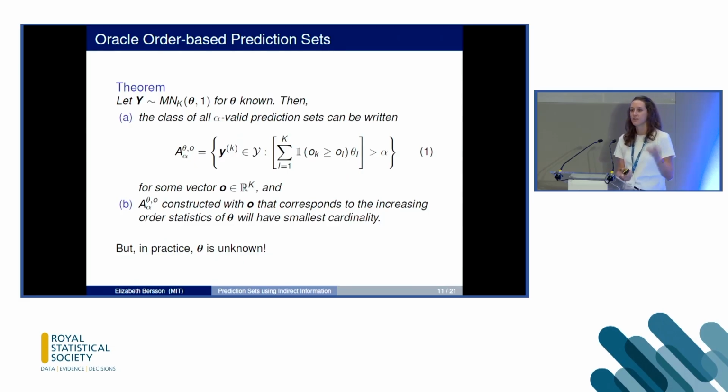Here's a theorem formalizing that process of constructing a prediction region using the ordering. Given by equation 1, you can construct prediction regions for any ordering with a known event probability vector theta, and the prediction region will have the appropriate coverage. Of course, in practice, the event probability vector is unknown, but it turns out